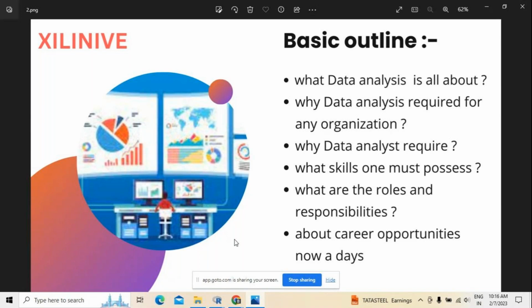and at the same time, why data analysis is required for any organization, followed by why data analysts are required for any organization, what kind of skill sets one must possess, what the roles and responsibilities are, followed by the career opportunities nowadays. So this is the basic outline which I'm explaining, so that whoever wants to pursue their career in data analysis